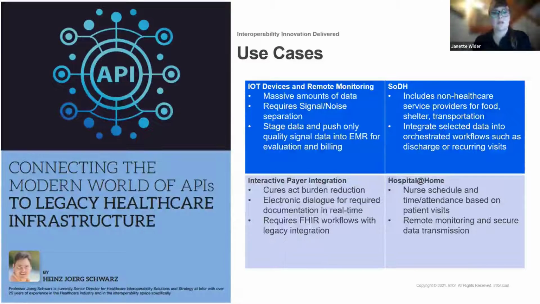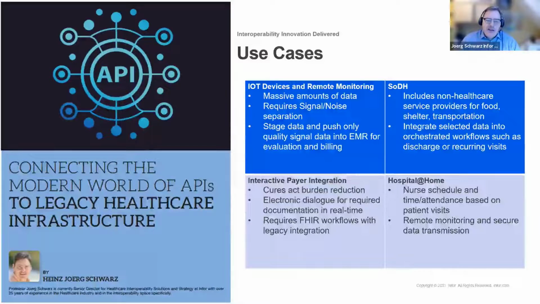Okay, and I know you talked about the Cures Act, but how does this relate, if you can elaborate on that for us a little bit today? Yeah, the Cures Act gave us a couple of new options. It started with ADT notifications for primary care physicians, which is very useful in the context of value-based care. The Cures Act also mandated